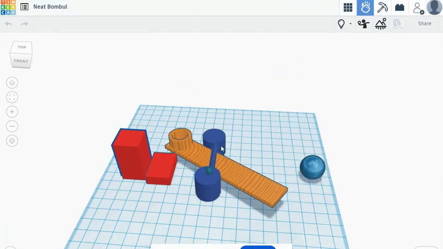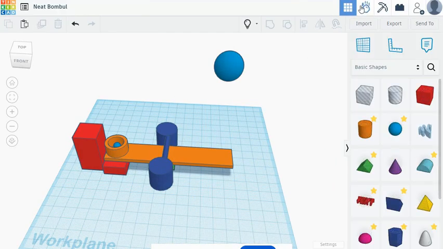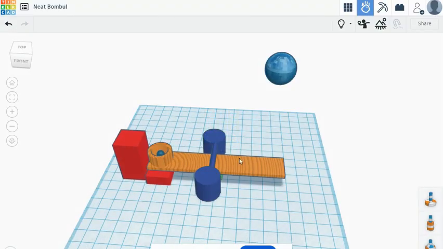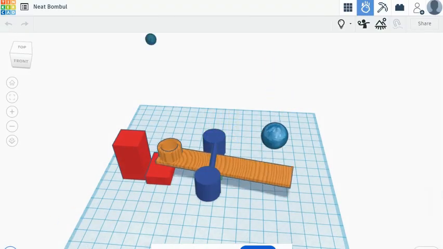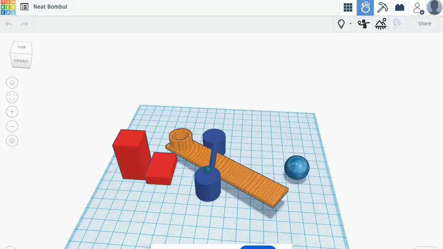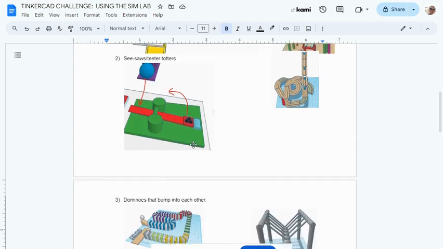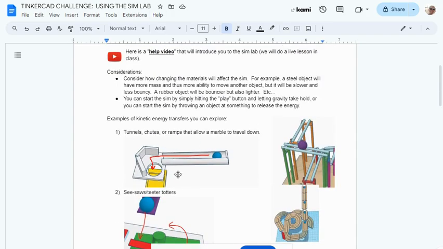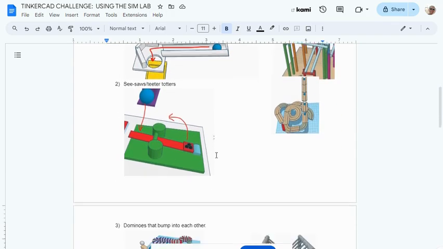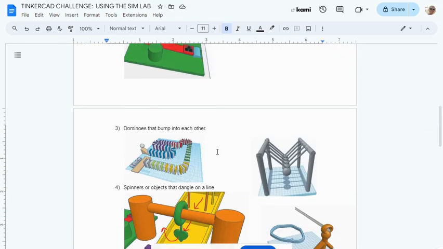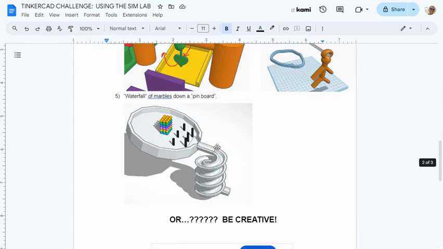All right, so you can kind of see as you go through this process, you learn every time you go into the sim, you kind of learn what you need to fix to get the system to work, right? And eventually, ultimately, you're trying to make some sort of cool design that's going to let the marble fall in different ways and adding different sorts of things. So you can kind of see what it all looks like at the